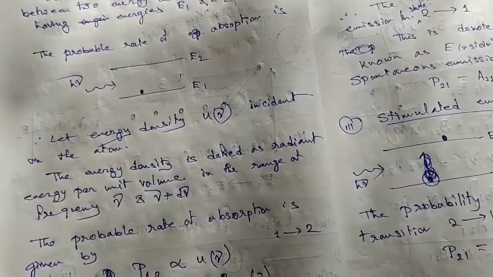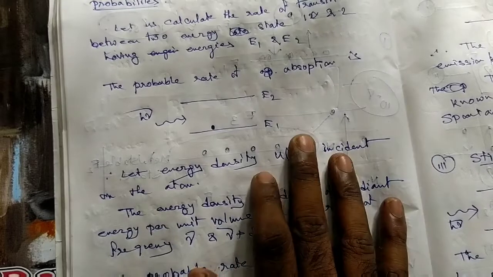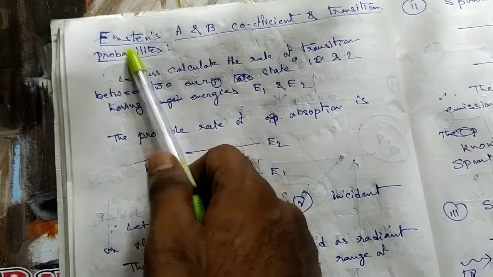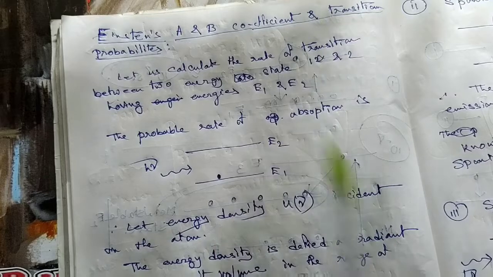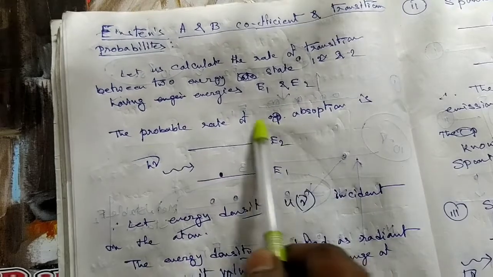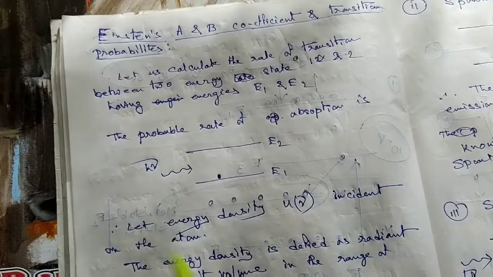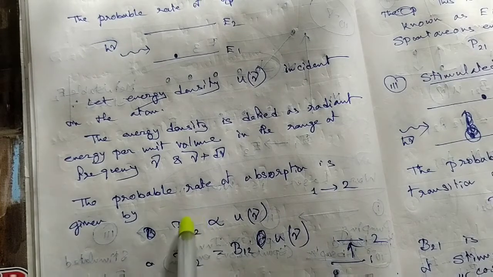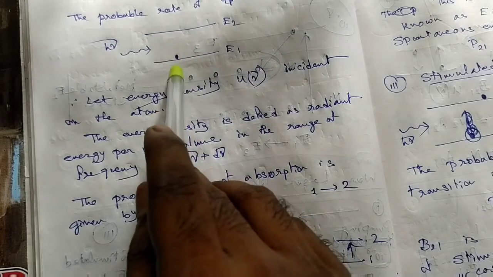So in this lecture, first of all, we started from Einstein and tried to develop the Einstein A and B coefficients. What are the Einstein A and B coefficients? We first considered the three transition processes of an atom in a laser. First is stimulated absorption. In stimulated absorption, the probability of atoms going from